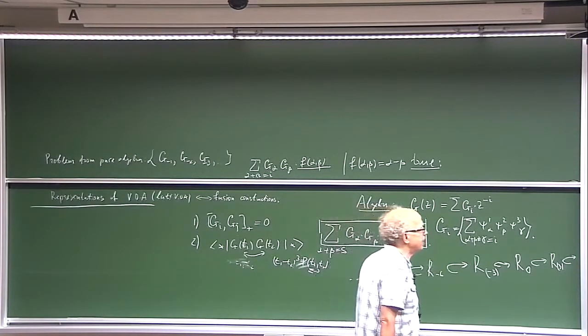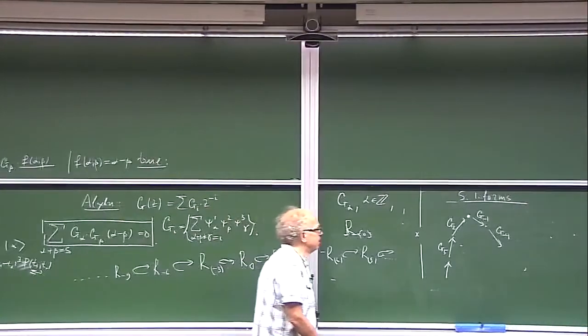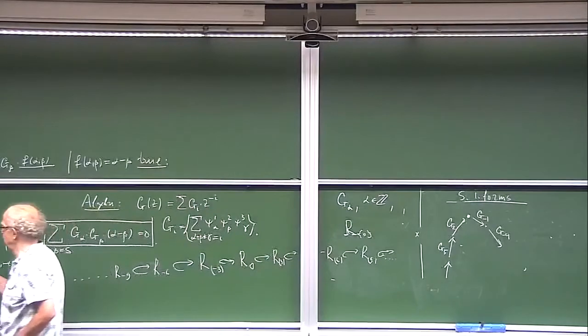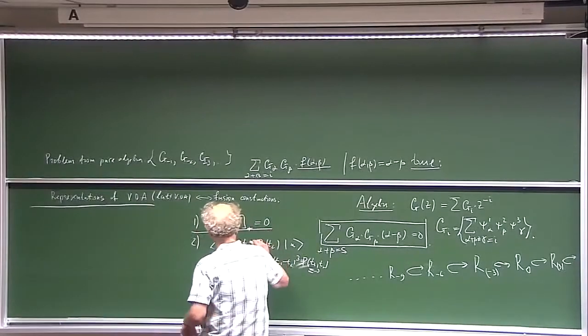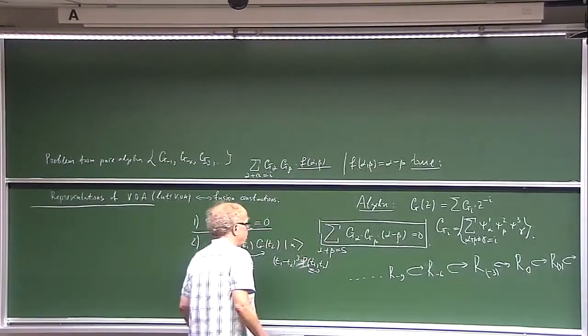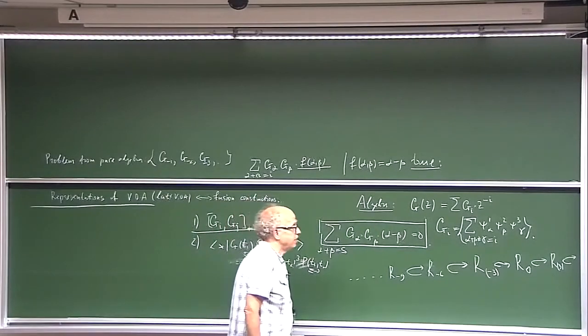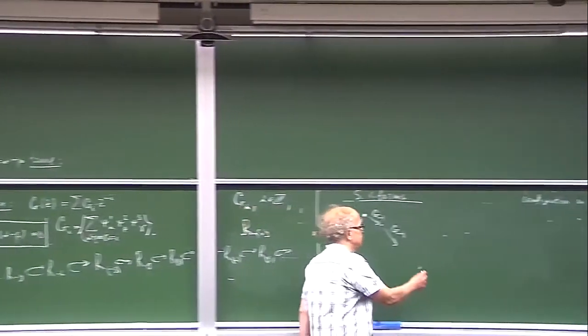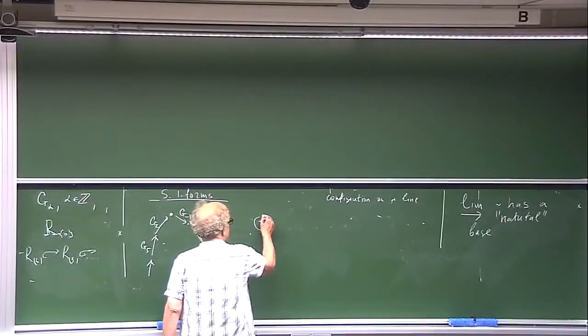And if I make up the same construction using just only this relation and not this, then as a result, I get what was before, the space